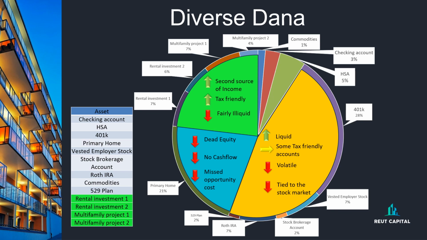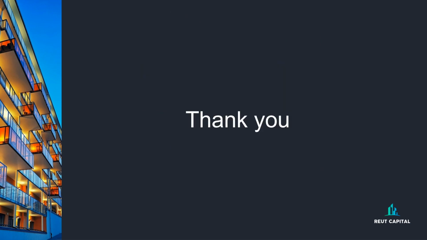I might have missed some assets, like if you own a business, then you can go ahead and get that balance sheet and add its worth to the pie chart. Or if you own bonds or if you have cash value from life insurance, by all means, you could add those to this pie. Again, the idea is to have the right balance of risk, liquidity, growth, and cash flow to your portfolio. I'll let you guys do this exercise and let me know in the comments or offline your thoughts about your pie chart and how you would like it to shape for the next year and every year after that.